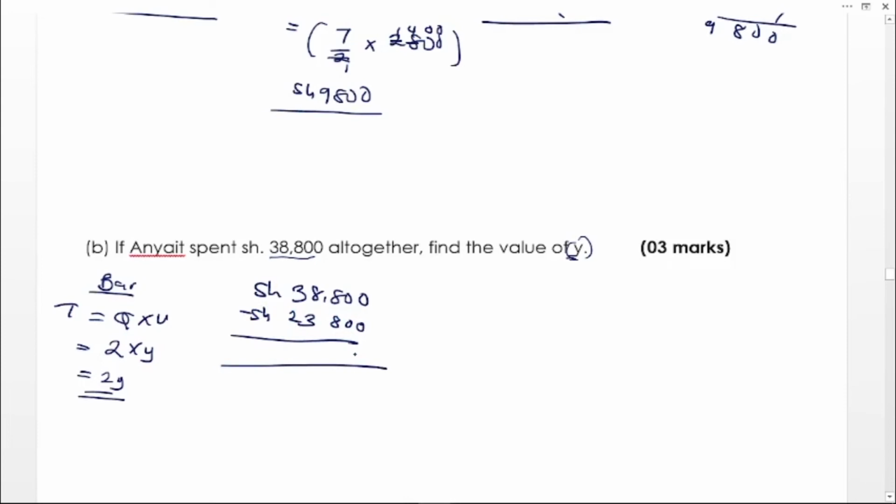So what are we going to remain with? 0, 0 and 0, then this is 8 take away 3, we remain with the 5. This one take away 1, 2, it is 1. So it means that she spent 15,000 on soap. Therefore 2y is equivalent to 15,000 shillings. We divide by 2 here. Now y is given by 15 divided by 2: how many 2s are in 15? They are going to be 7, remainder 1, which is a 500. So each bar of soap was bought at